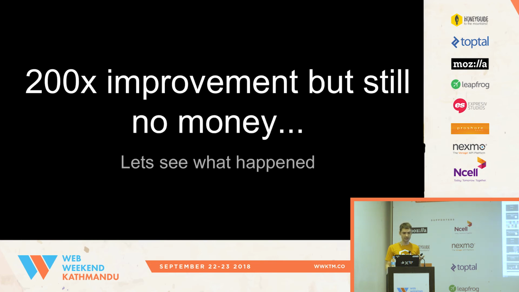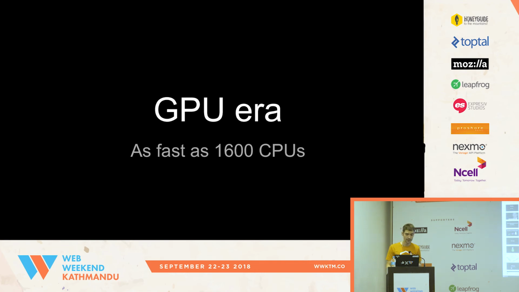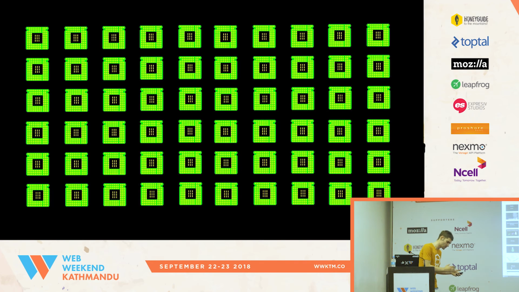And then the problem is the evolution of mining tooling. Initially there was a CPU era when people were just mining on CPUs, and it was okay, but then there was the progress of having GPUs, right? And GPUs have calculation power as high as 1,600 CPUs, which is good. So I proved with JavaScript and WebGL that a GPU can mine way quicker than a CPU. So there was mining tooling for hardcore miners. They were buying a lot of GPUs, putting them into farms, and making a profit.